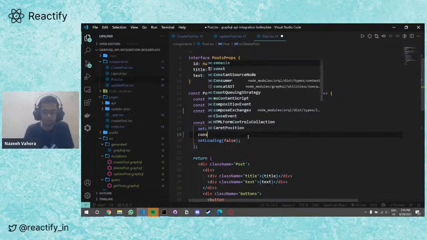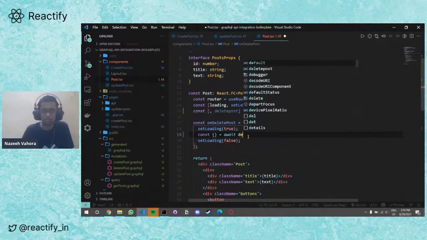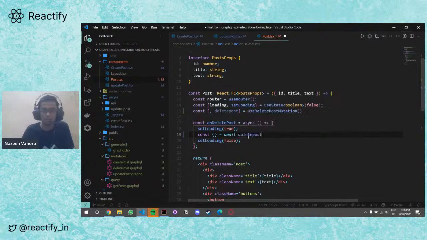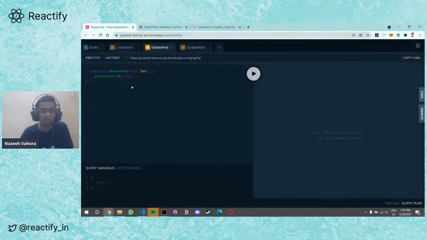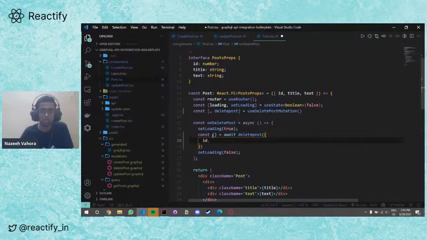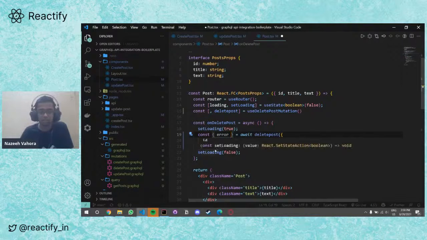Now here, const delete post. In delete post, we need to pass the ID of the post as specified in the docs over here. So let's just pass it and destructure the error.